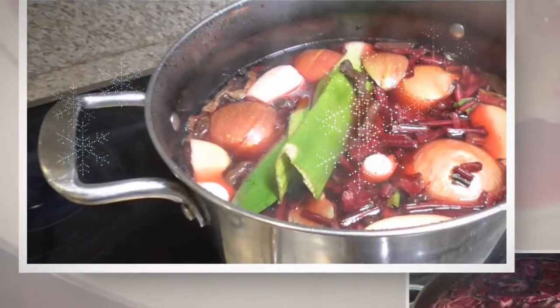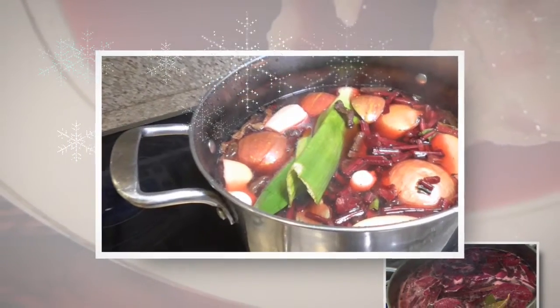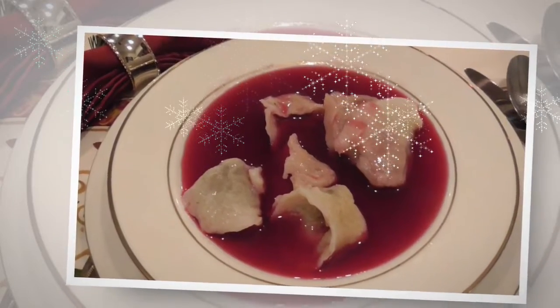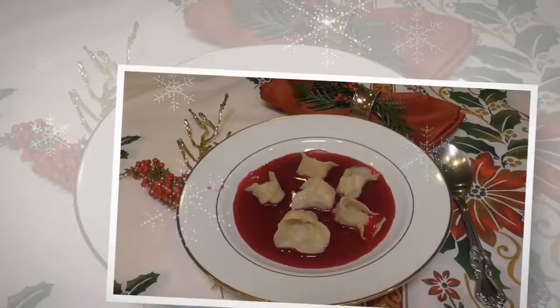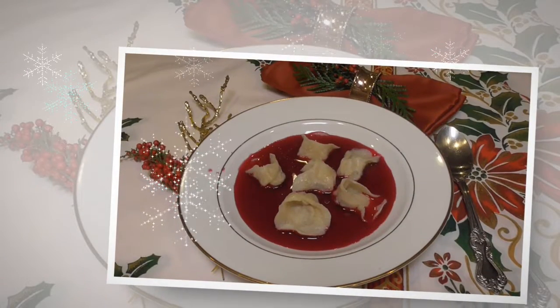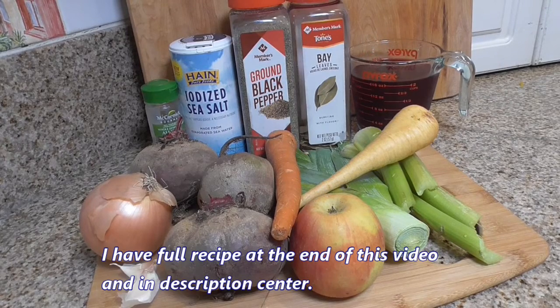Today I'm going to share with you my family favorite Polish Christmas Eve dinner recipe. Usually the Christmas Eve dinner often starts with red beet soup, borscht, with mini pierogi, uszka, and I hope you enjoy. For today's barszcz recipe I need 3 large beets, carrot, parsley root, leeks, and celery, 1 apple, 1 onion,